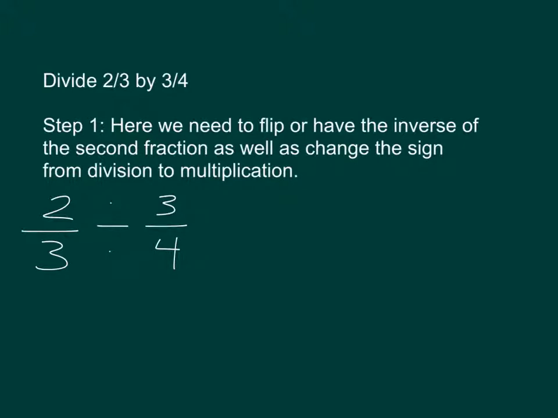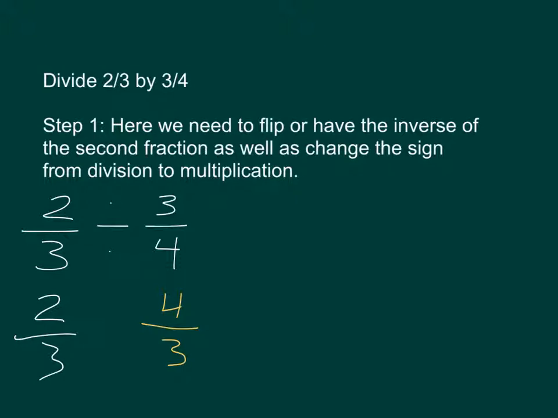What we have to do here, as the steps say, is the flip, or an inverse, of the second fraction. So the first fraction stays the same. It's still 2/3, just as it is. But we're going to flip, or do the inverse of, the second fraction. So instead of being 3/4, we're going to have it